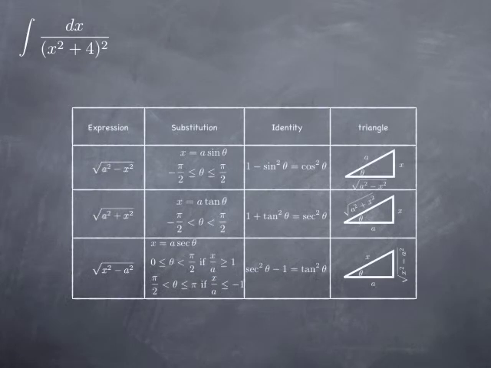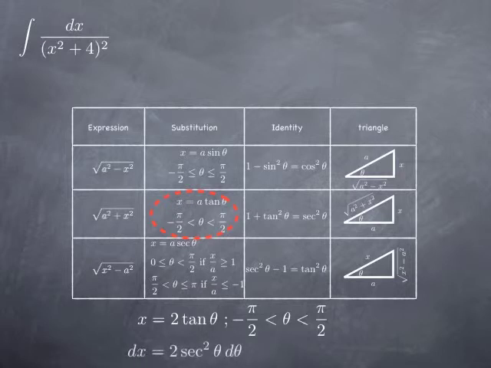So we're going to use, of course, what we would use to transform a squared plus x squared into a square, and that means that we're going to take x equal a tangent theta. In our case, a of course is 2, so we take x is 2 tangent theta, where theta is restricted to negative pi over 2 to pi over 2. dx in that case is 2 times the derivative of tangent, which is 2 secant squared theta d theta. So I replace dx by this quantity and x squared by 4 tangent squared theta, and this is what I